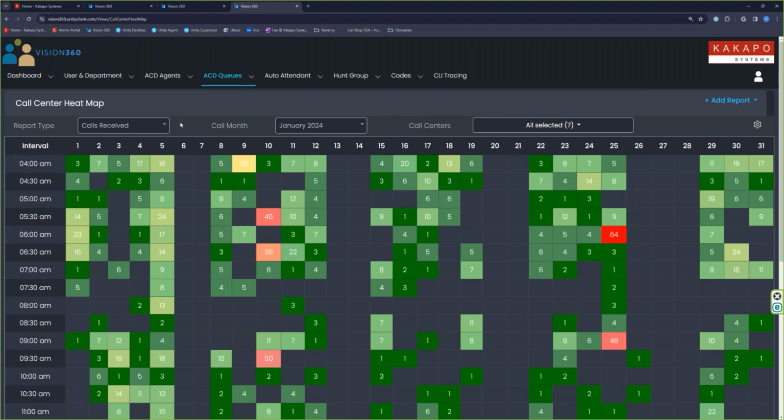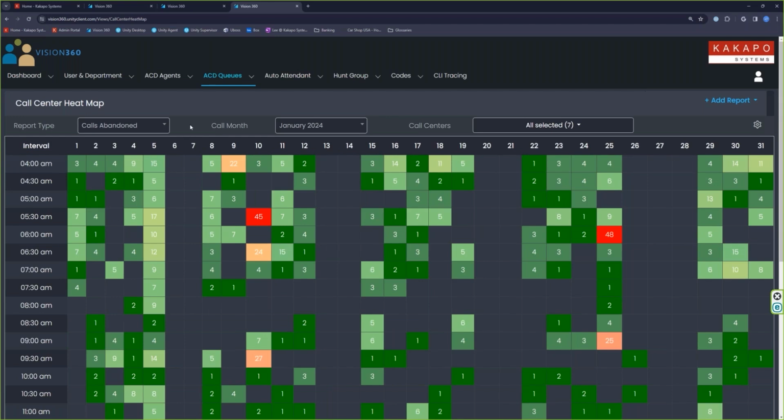So I can see some of the most key metrics, and then I can get an idea as to when my really busy times are, so I can properly adjust staffing. I can maybe do other things to improve the customer experience. Maybe we need a callback system. There's a lot of data I can glean from this. You can also look at calls abandoned,